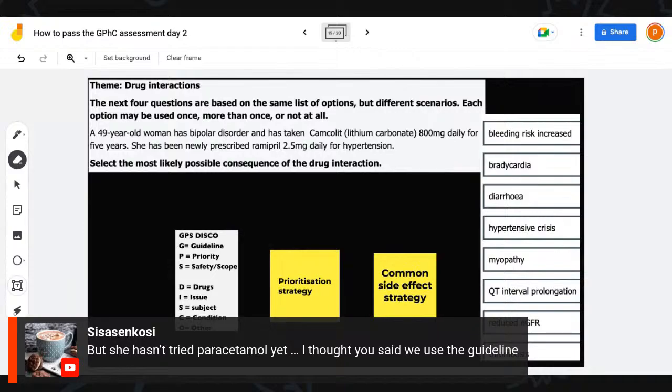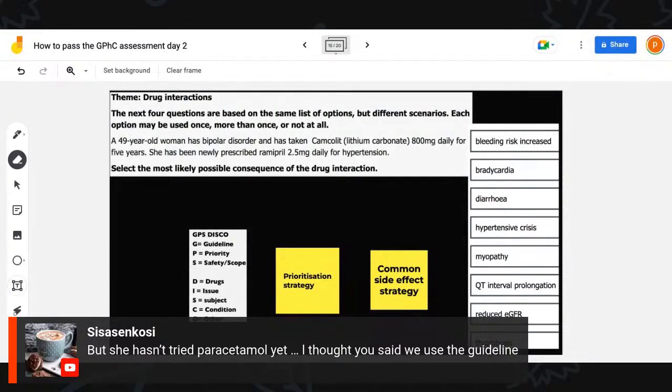But that's what I'm saying. According to your guidelines, if you look into your BNF, the guideline actually says go straight and give them ibuprofen. The guideline actually says paracetamol is not strong enough for lower back pain, regardless. So in this case, you're not going through, I want to give paracetamol first. You're going for the guideline, and your guideline says NSAID first. And if an NSAID isn't working, look for a weak opioid. So it eliminates paracetamol. Choosing paracetamol will not be going according to your guidelines.